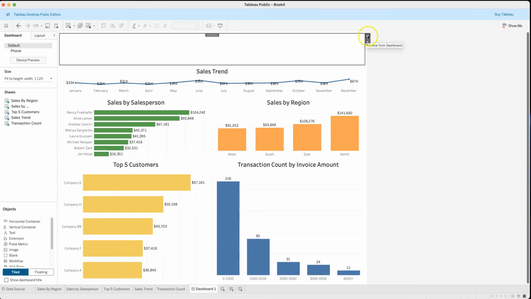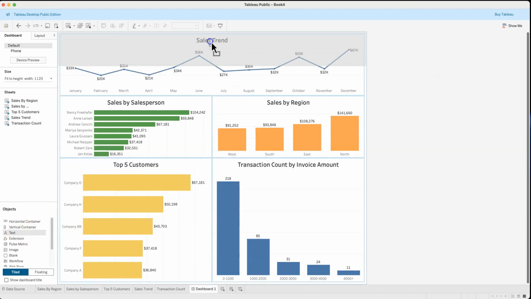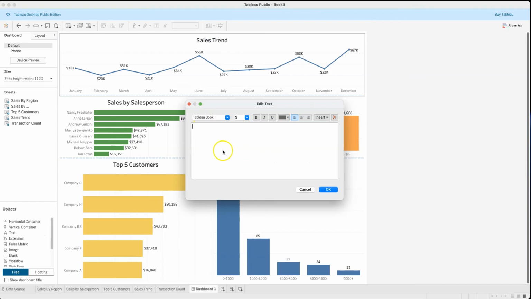I'm just going to click and remove that one from the dashboard. So now I have my sales trend right there. And now I'm going to take a text container and put it at the very top. And notice when I did that, it popped up my text editor because it's like, okay, you're putting in a text container. What do you want it to say? And this is going to be our sales dashboard